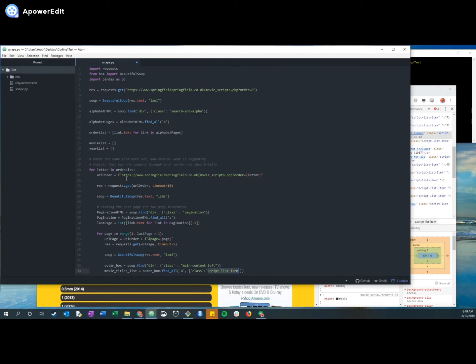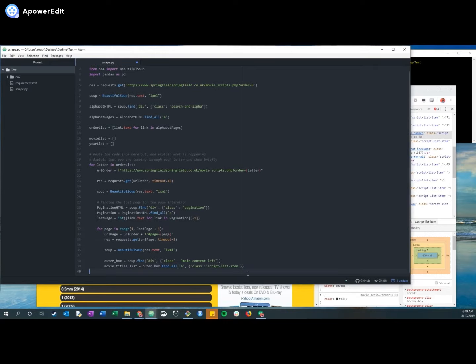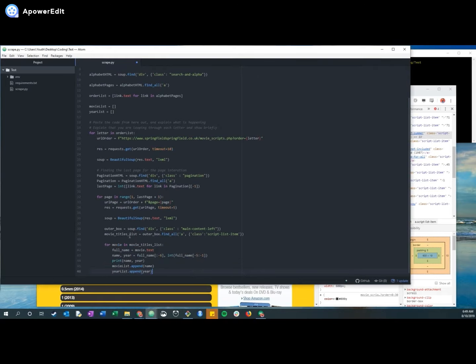All right, so now that we're looping through the letters and then the pages, at the page part we can now start doing the scrape itself for each movie. So I'm just going to copy and paste that in so you can see. Now at this level, on the individual pages, we're scraping the movies. So here I'm saying, for the movie in the movie list, which was up here, which contained all the script list items, which were the actual movies, I'm looping through, getting the text,